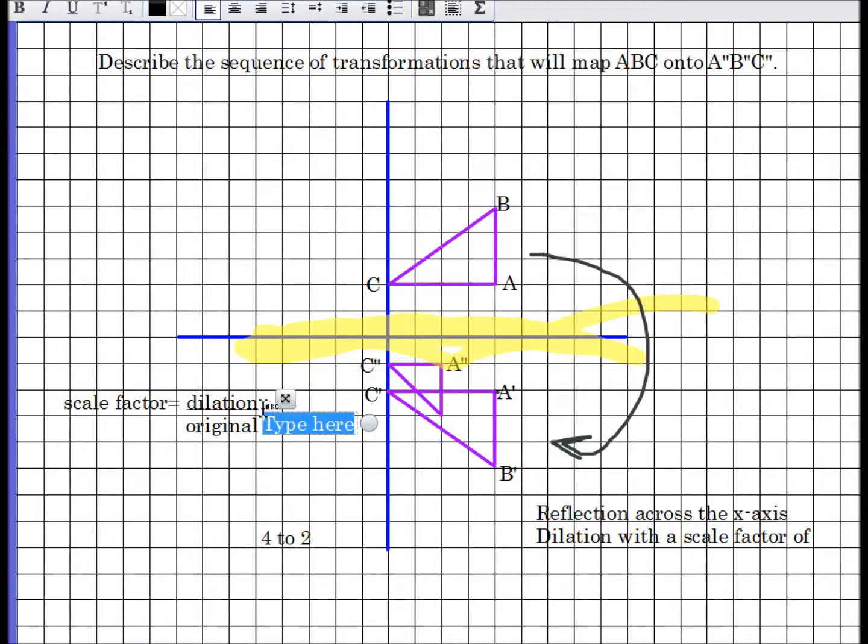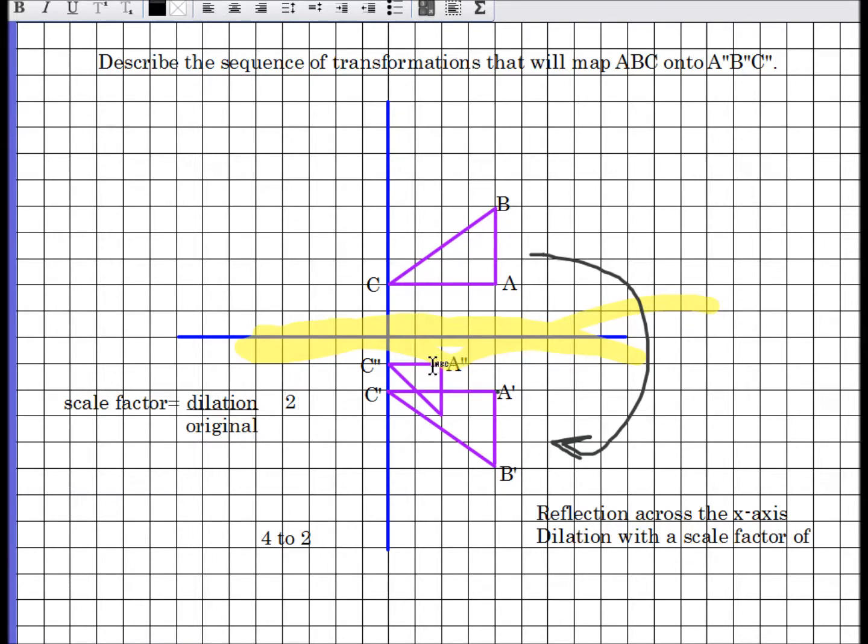So right here, the dilated figure is a length of 2. I'm counting from A to C: 1, 2. The dilated figure has a length of 2 when the original figure has a length of, now pay attention,